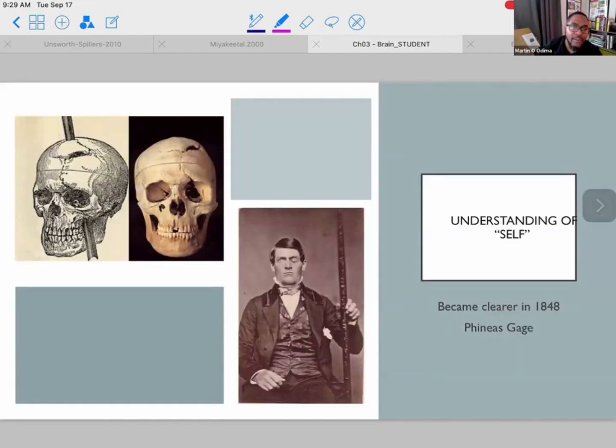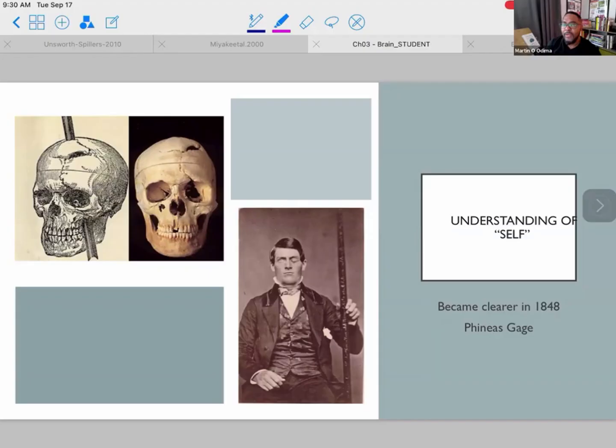So one case study that heavily influenced our understanding of self and made us think more about the prefrontal brain is from a man named Phineas Gage. Phineas Gage had been part of a railroad excavation crew, and he suffered a horrible accident where an iron rod shot up through his jaw, through his frontal lobe. It destroyed the lower and medial frontal lobe called the ventral medial prefrontal cortex. That separated a connection between his prefrontal cortex and the rest of his brain.